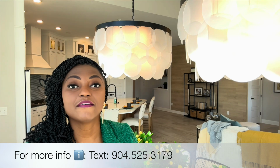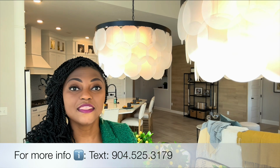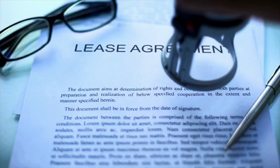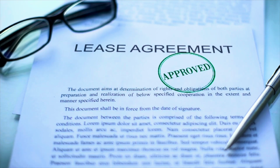Now, these are rarely available because they are only available when the community is about to close out. So when they're in the final phase of that community, where they only have maybe a few homes left, the builder will put the model home on the market. Sometimes they'll put it on the market with a lease back, where basically you can buy it from them and then they'll lease the model back from you for the last few months that they may need it to sell out. Now, the great thing again about this option, a quick move-in home,